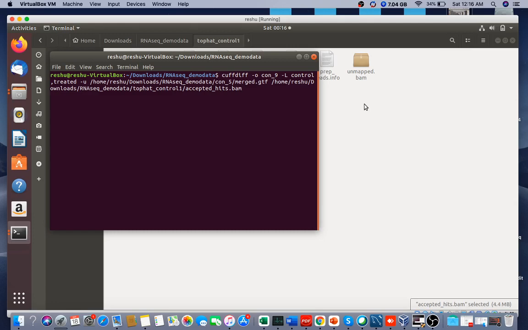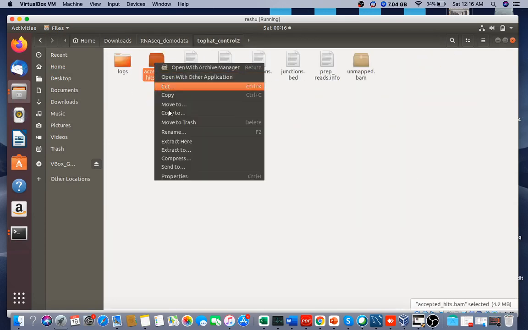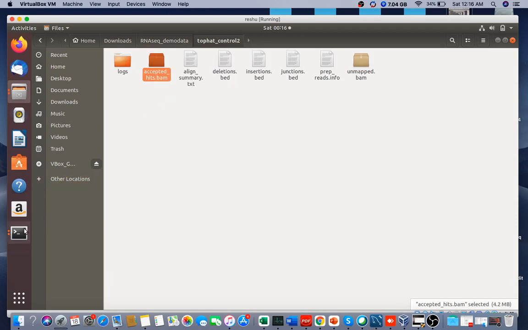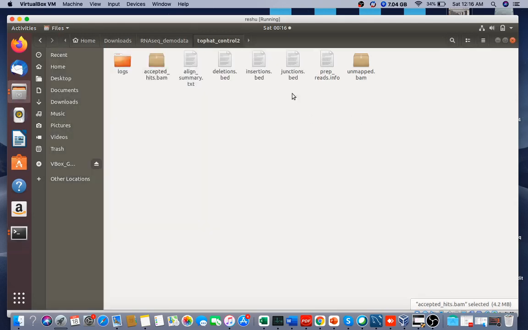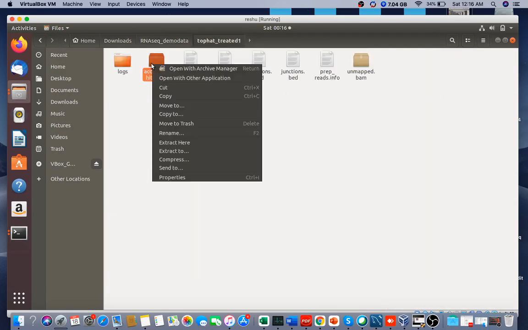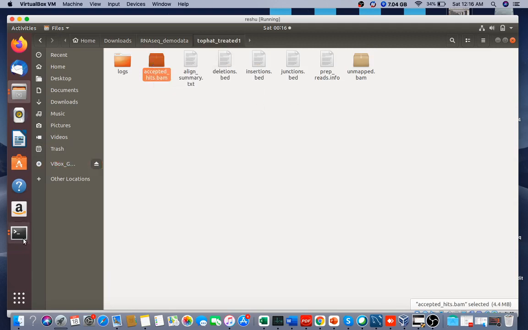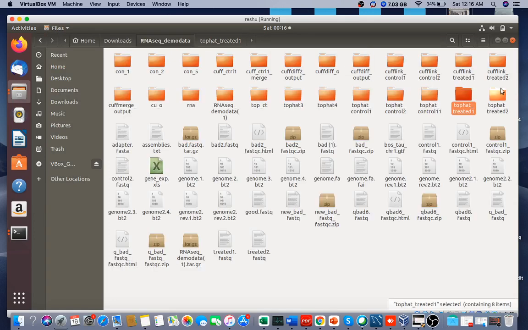okay, then comma, then similarly do it for control 2, then give the space, do it for treated 1, and treated 2.